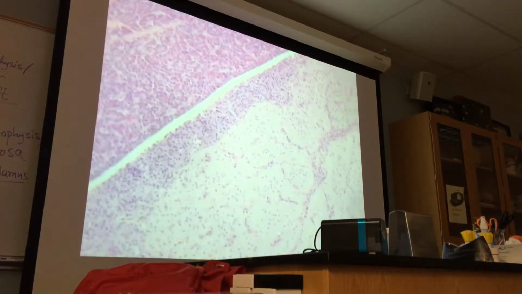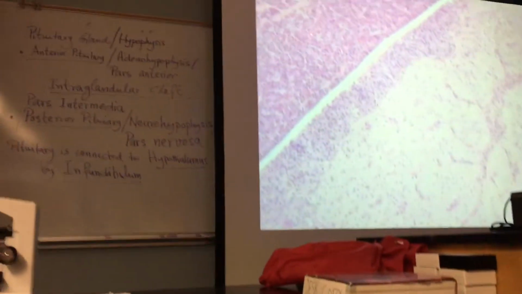This is posterior pituitary. It doesn't look glandular. It does have glial cells here, and these are axons of neurons located in the hypothalamus, and this is neurohypophysis or posterior pituitary. Anterior pituitary or adenohypophysis or pars anterior,